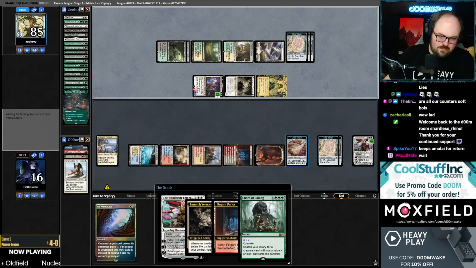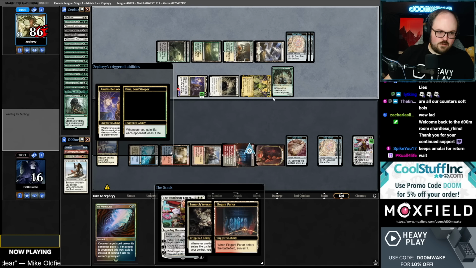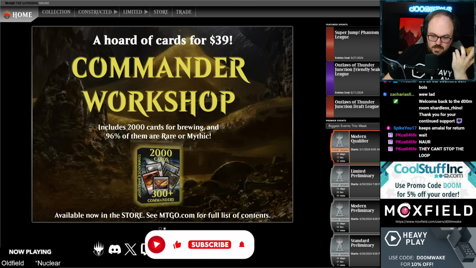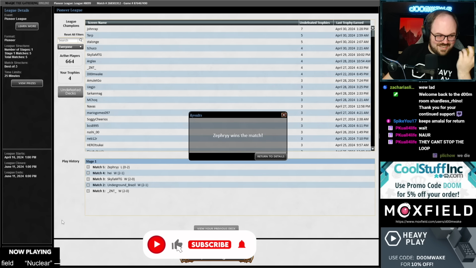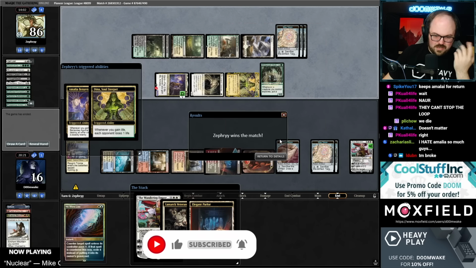I guess I could have got it on tap lane to play around this. But I mean, I'm just dead, right? If I counter the Chord, then I just die to the Reservoir. Yeah, we're just dead. Tough. Tough, tough, tough. Just die to the Dina. They can't stop the loop. Yeah, but I die. It doesn't matter. The Dina kills me before they time out. You know what I mean? The Dina just drains me. So...